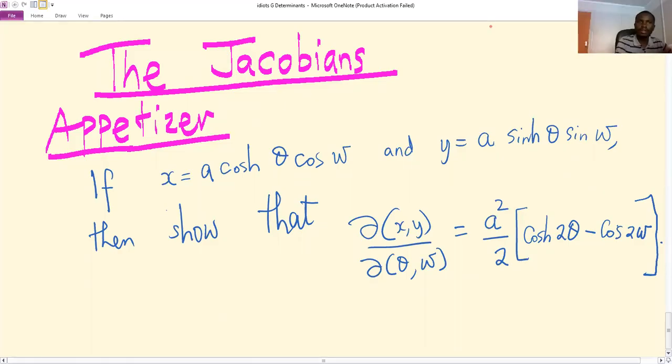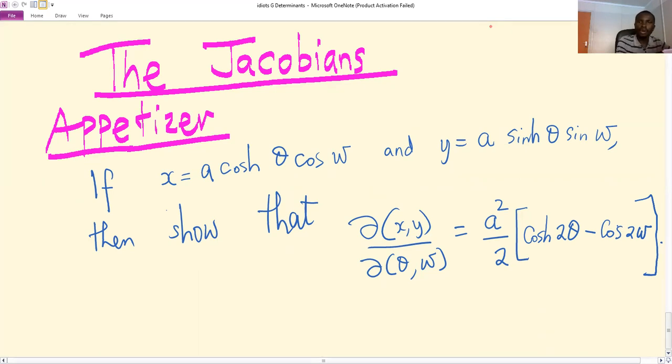Welcome to this session. This session will give another example on how to determine Jacobian functions. So we have two functions, x and y, which depend on theta and omega. And we have to show that the Jacobian of x, y with respect to theta and omega, when x and y are as defined in this problem, is given by a squared over 2 times hyperbolic cosine of 2 theta minus